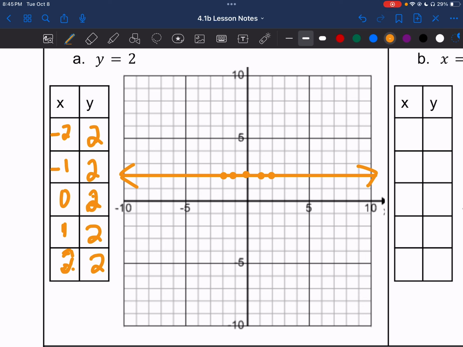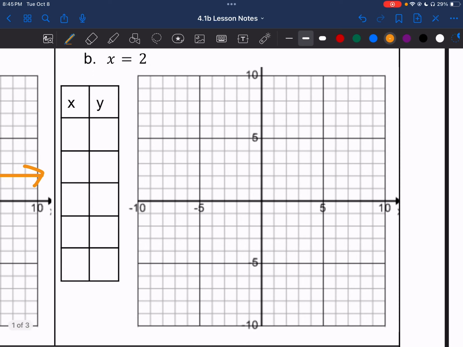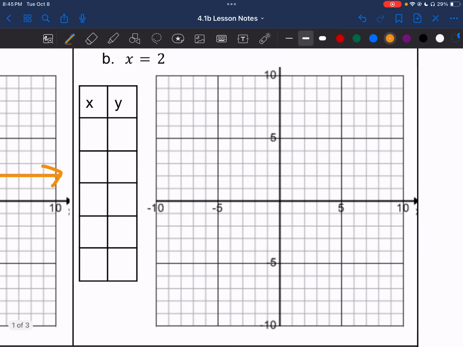So a y equals graph, when y is equal to a constant, remember a constant is unchanging, it's permanent, so that means our y value is also unchanging at a value of 2, and we see that in a graph as a horizontal line. Now, if I look at letter B, my x value, so my equation here,